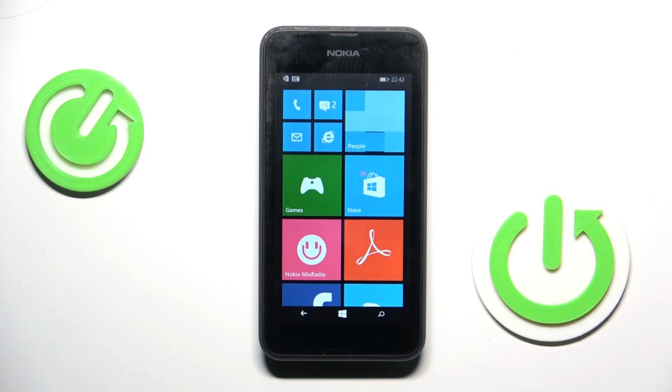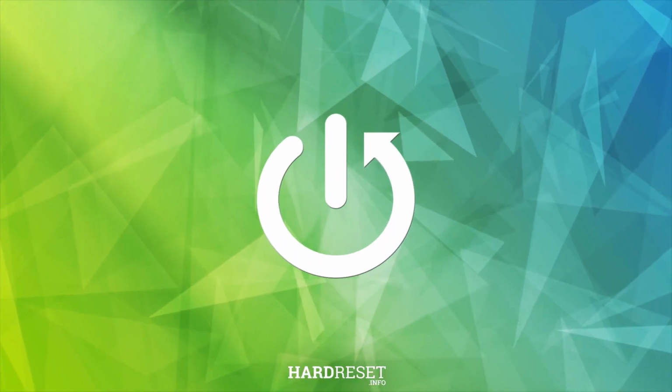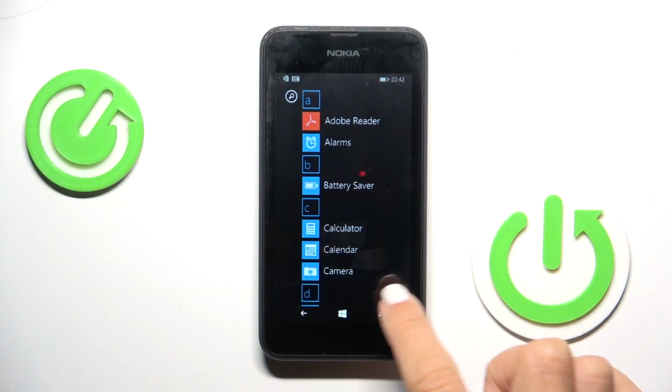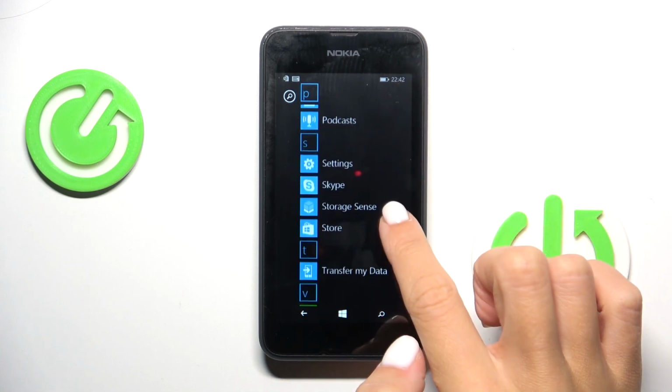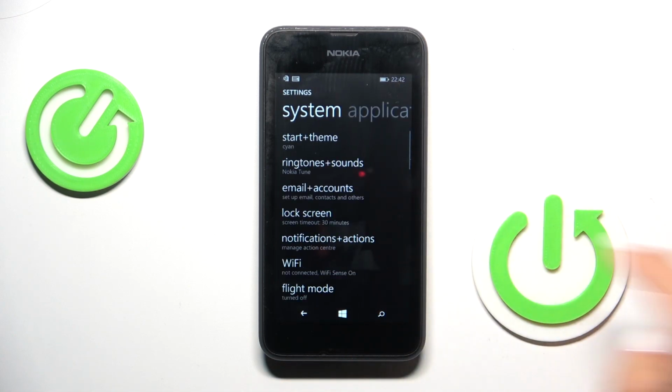Good morning guys, in front of me is Lumia 630 and let me show you how to add lock screen to this device. At first you have to reach the settings. Then click on lock screen